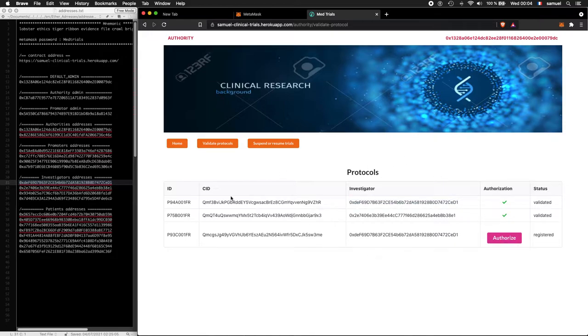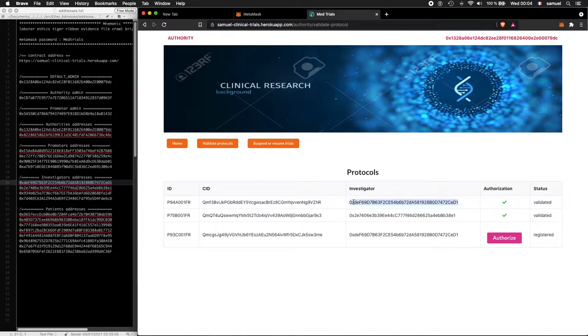So, well, now that we have 3 protocols, 2 protocols for this investigator and 1 protocol for the second investigator, we can register or enroll users or patients to the clinical trial. So only the investigator can add new patients to the clinical trial.